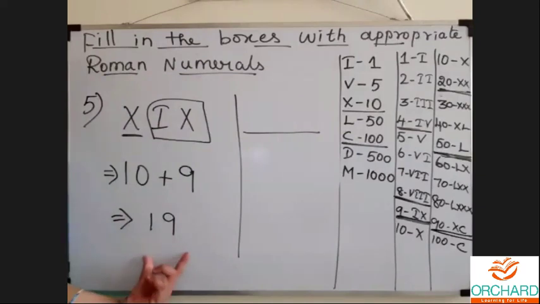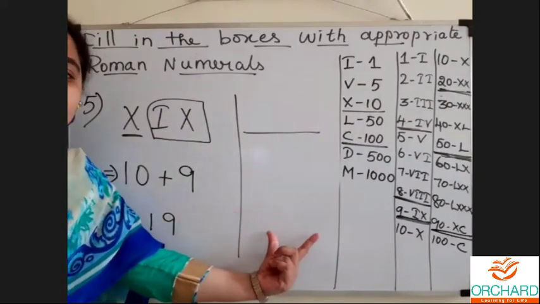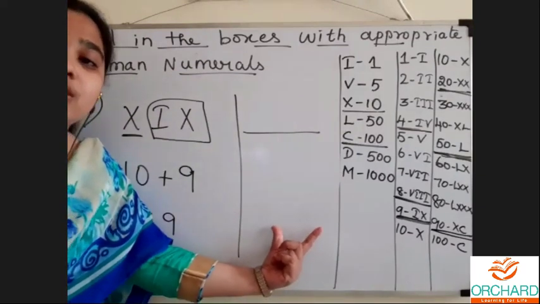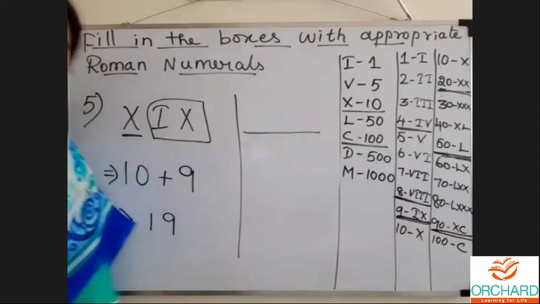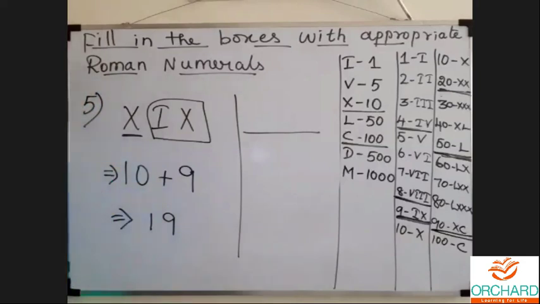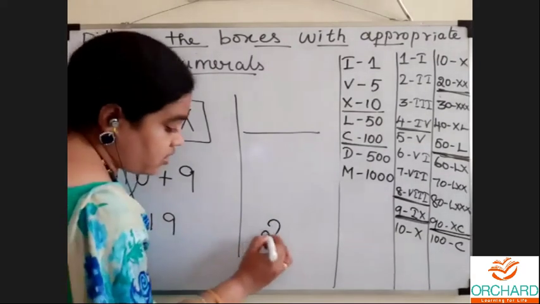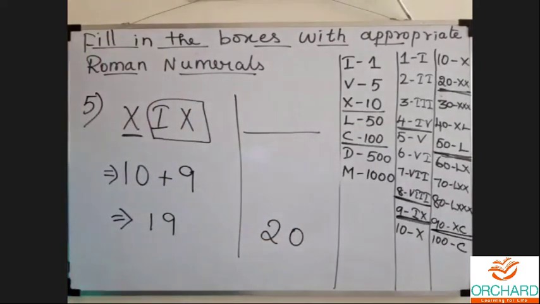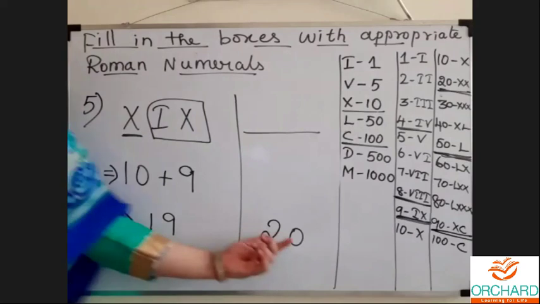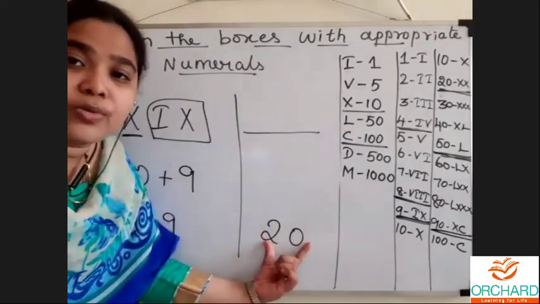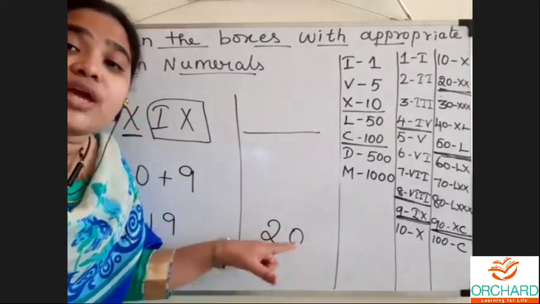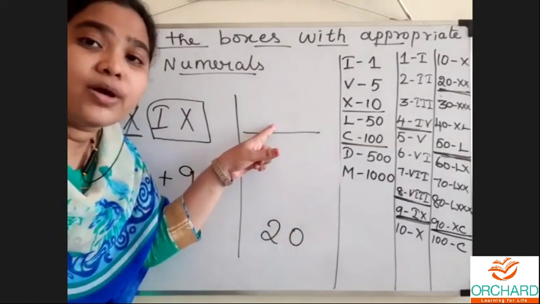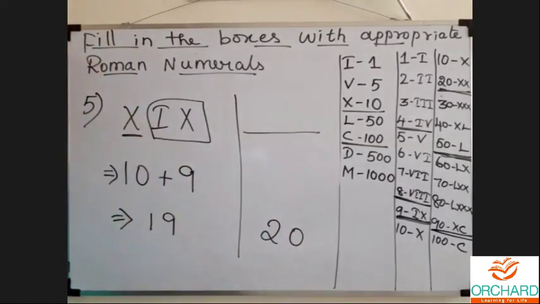Here we are going to find the successor of 19. Can you tell me what the successor value is? That is the value after 19. The successor value of 19 is 20. Very good. Now here it is in the form of a Hindu-Arabic numeral. We have to express this in Roman numerals. So how can we express this?